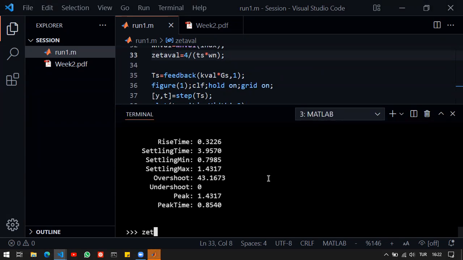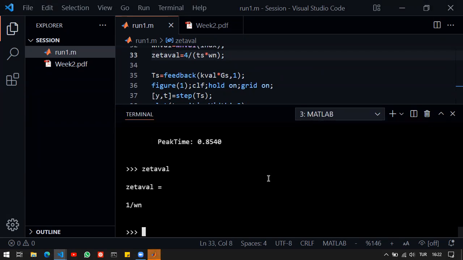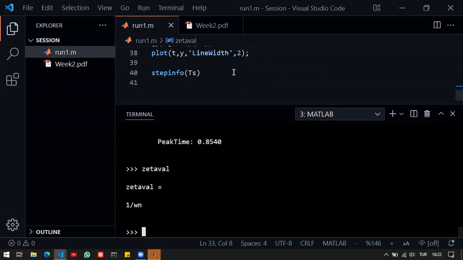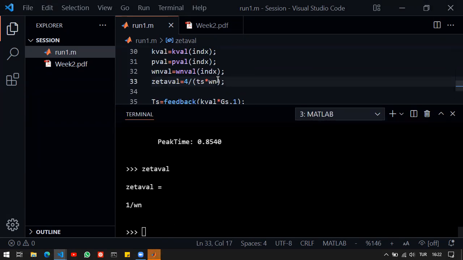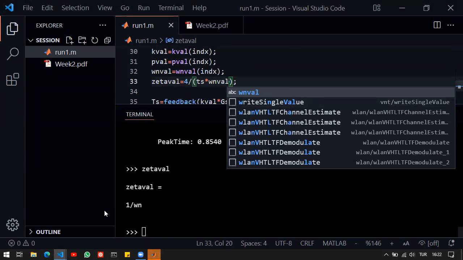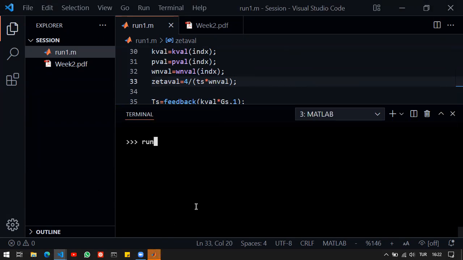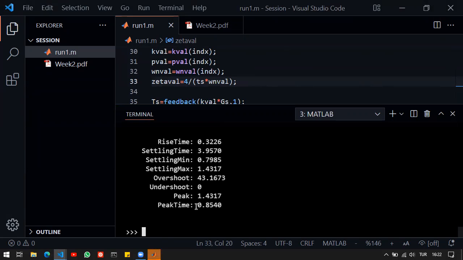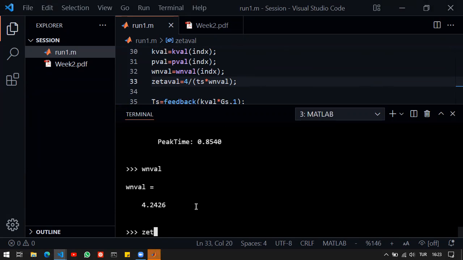Now zeta val is equal to that, which is not really what I'm looking for. So omega n val, zeta val. There we go. Now, since omega n val is 4.24 and the multiplication should be equal to 1, we have